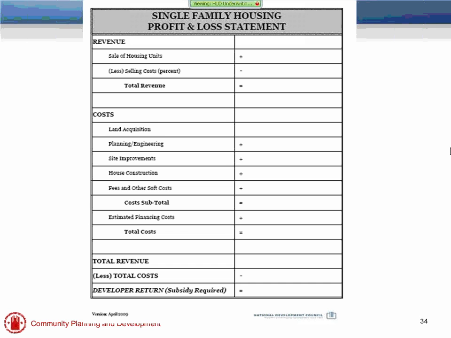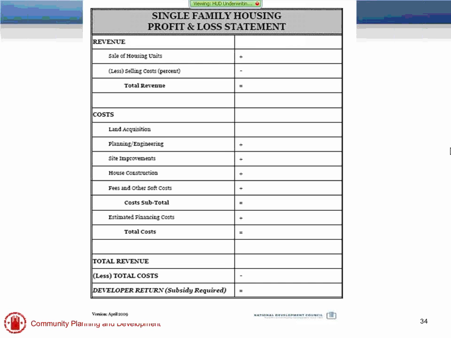For single-family housing, this is a basic profit and loss statement. So really the revenue for single-family housing is going to be the actual sale of the housing unit versus the rental income that comes in on a rental project. And then from the sale of the housing units, just like we subtract out vacancy on rental housing, we would subtract out the selling cost. So, a realtor's percentage paid on selling the house, whatever cost it takes to get those houses sold is going to come out, and that's usually going to be a percentage.